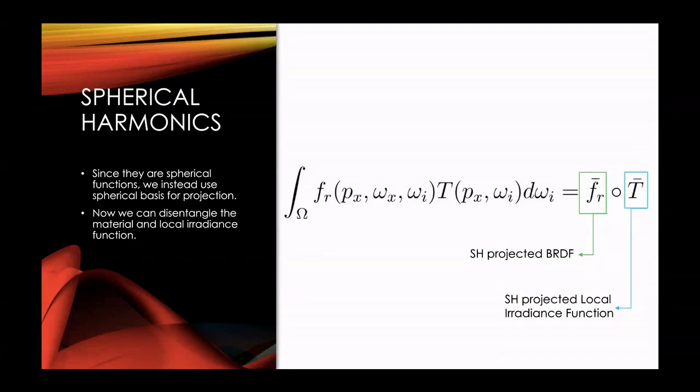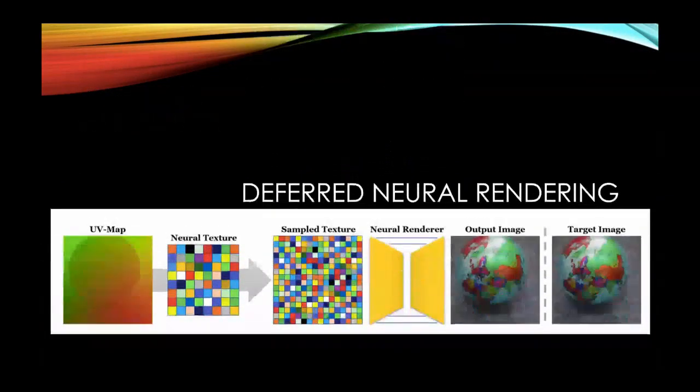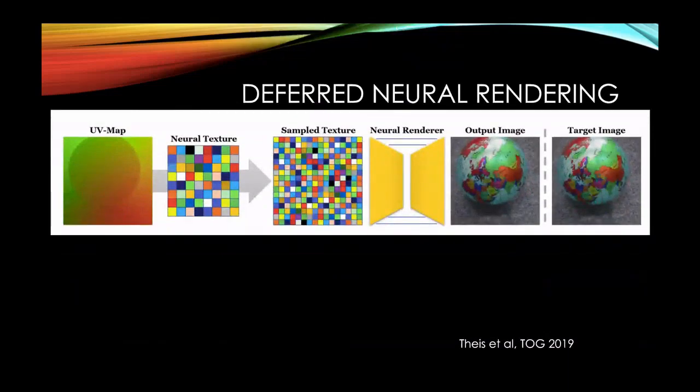So now let us have a look at some of the previous works which help us set up our project. We look at deferred neural rendering, which aims to perform novel view synthesis from unstructured images. This is also one of my favorite works. The idea behind this work is to make the entire graphics pipeline learnable. Therefore, the textures as well as the renderer is now a learnable component.